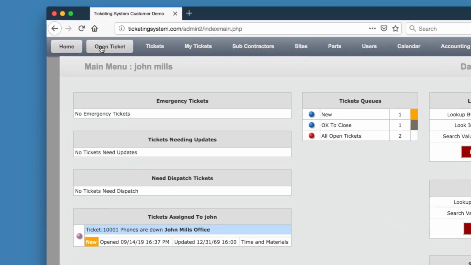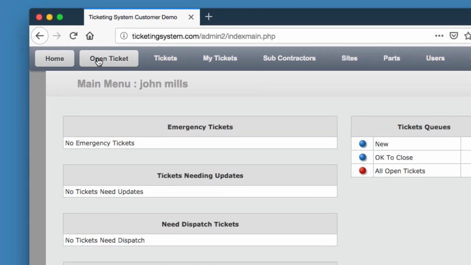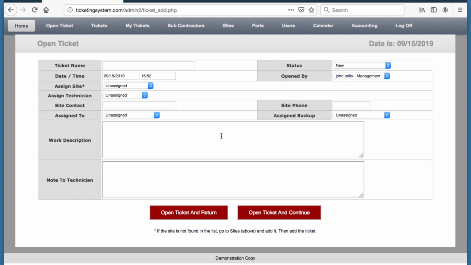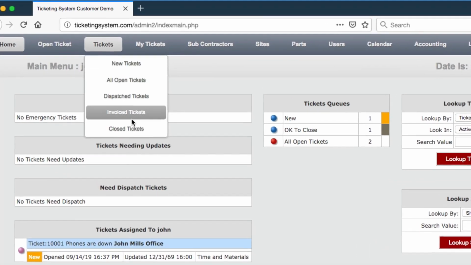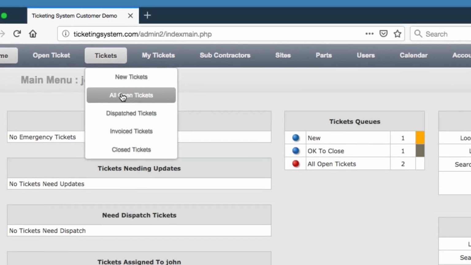So open ticket is just one option, you click it and it brings up your ticket so you can open it. Your tickets can also be opened by your customers, but that's for a different video. Back to the dashboard. Tickets, you've got, this is a demo system, there's not a lot of tickets in here,